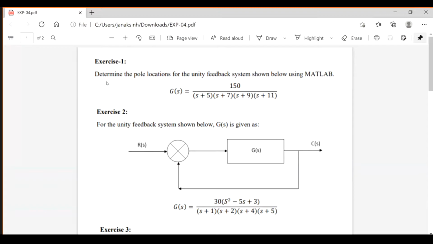So basically we are going to solve different types of questions over here and we'll try running this code in the software of Octave. Basically here it's written MATLAB but we'll try to use Octave. You can also use MATLAB for running this code.